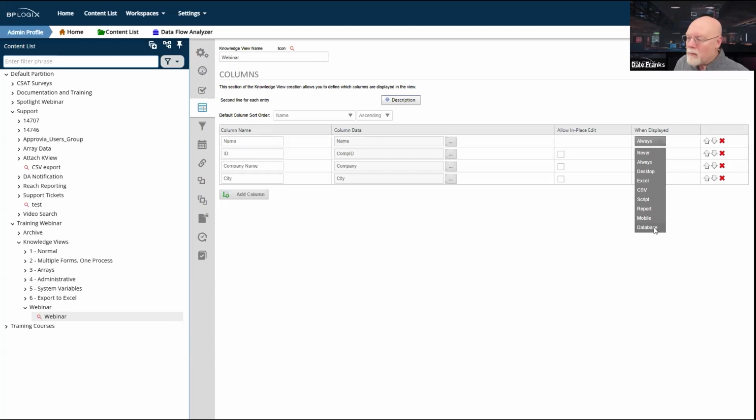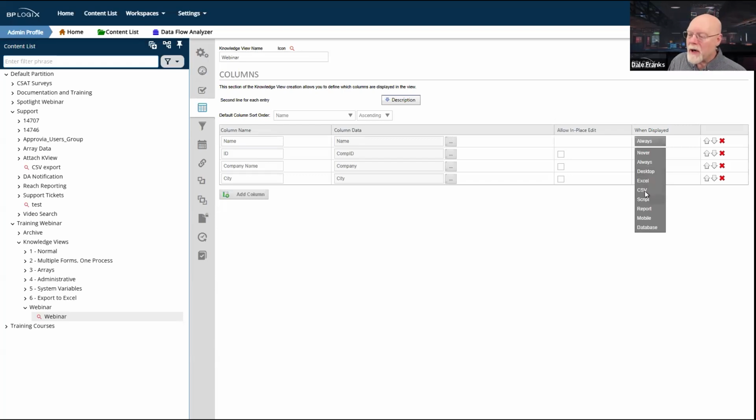So, okay, cool. I can determine when I want each of these columns to appear. Now, this might be useful, especially if you have a lot of people on mobile devices and you have a fairly large knowledge view. What you might want to do is have all of the columns available if I'm on desktop.